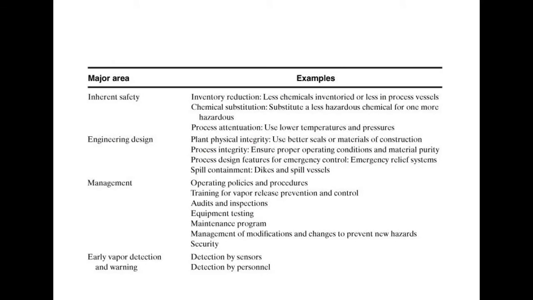So just to get an idea before getting to things, there are things that we need to remember, and actually these are from chapter number 5, which mentions inherent safety. Talking about inherent safety, that means we can build things within the design process to make sure that we have less inventory, or fewer chemicals. So if you have, for example, a storage tank, and you're storing within this tank a certain amount of a liquid that you want to sell later, whatever that liquid is,